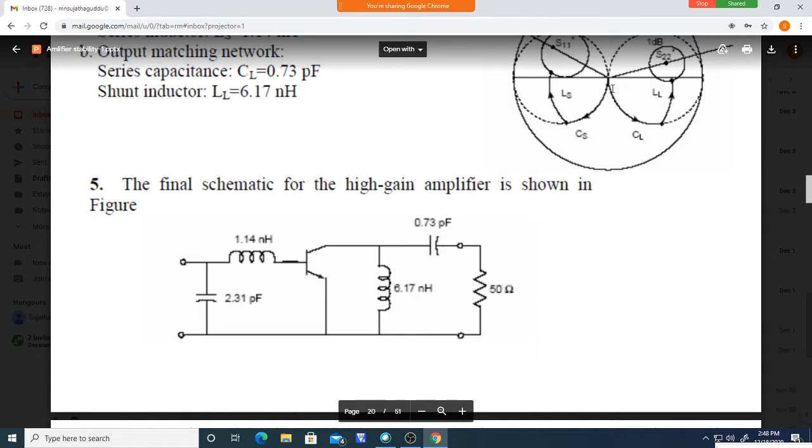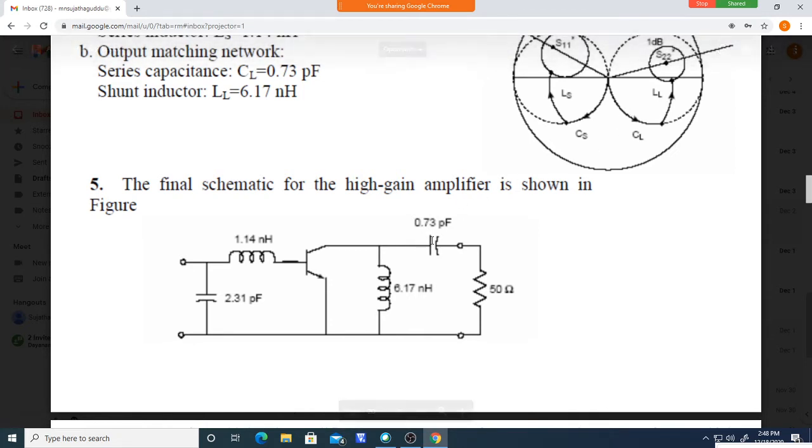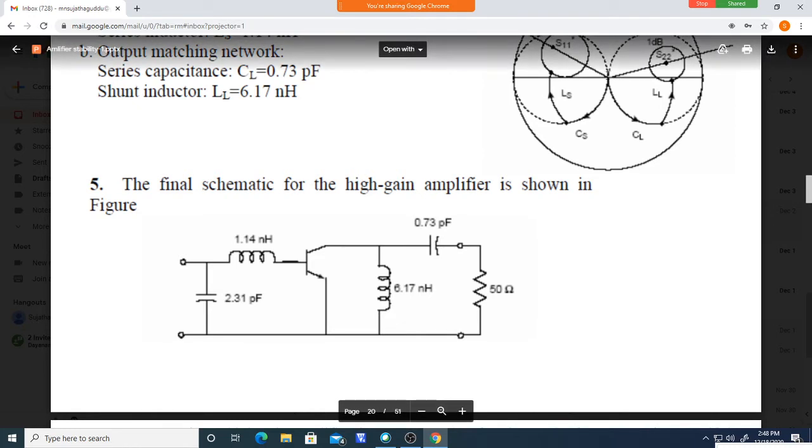So moving from here to here, which element is added? You find out and find the value. It is similar to the L matching network. Again, from here we are moving like this. What element it adds, that you come to know. Okay, it is moving on the resistance circle in the anti-clockwise direction. It adds a capacitor in series. Finding the value of this capacitor is similar to the previous L matching network. Find the reactance here, find the reactance here. From that you can find out the capacitor value.